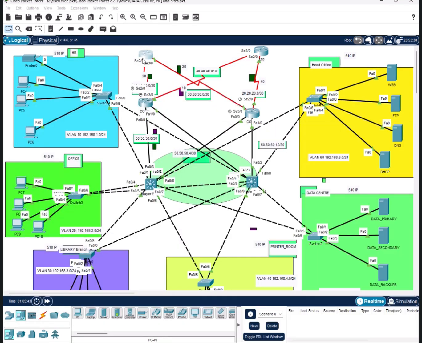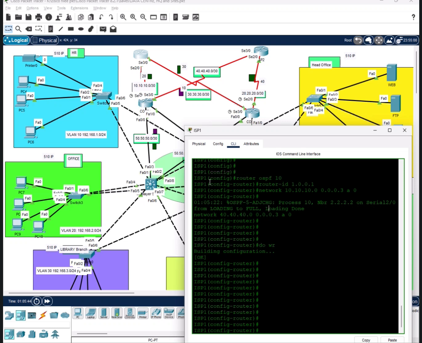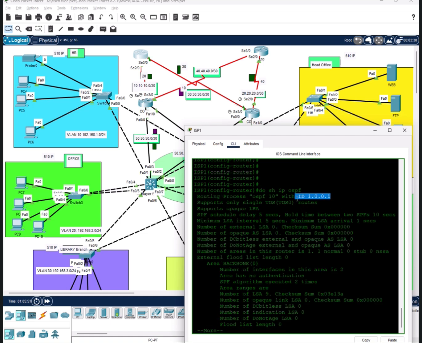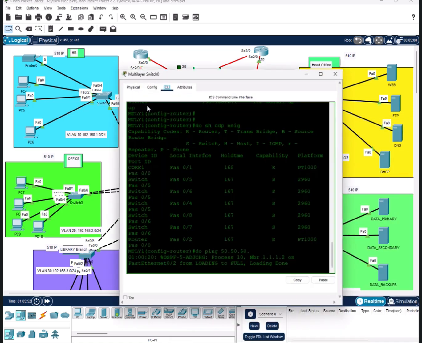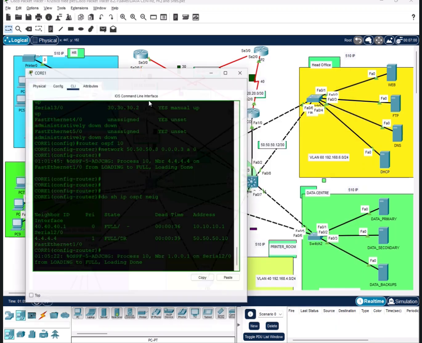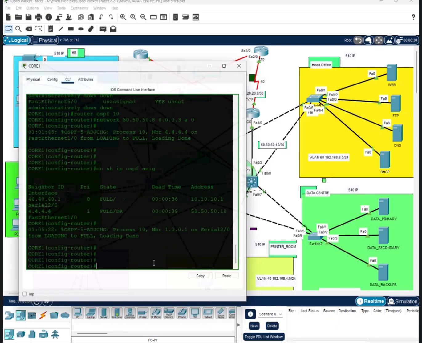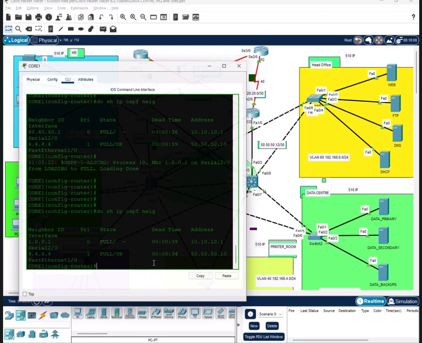This means that on this router now we have to configure router ospf 10 and give it the new router ID so that this router won't be the highest. Let's run the command do show ip ospf, so that we will be able to see that this is actually the router ID. Now if I go to this router, sorry, and run the same command do show ip ospf neighbors, you'll be able to see that this is actually the router ID of the neighbor. Okay,